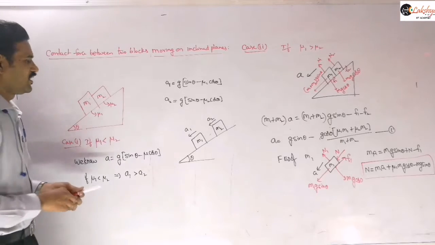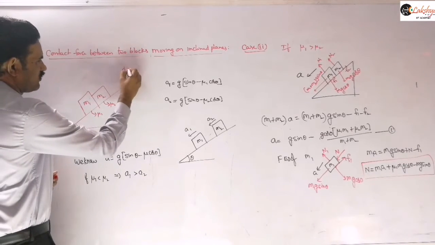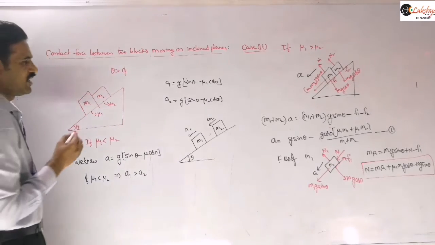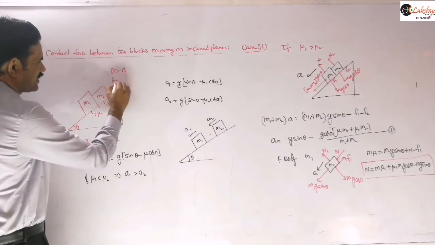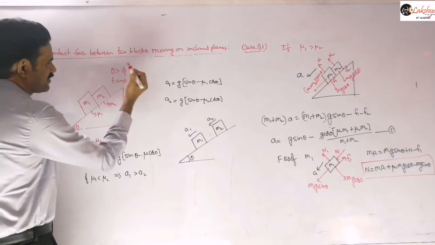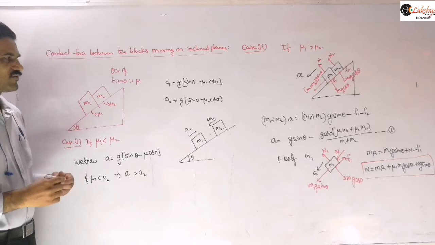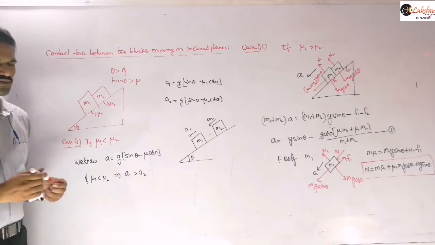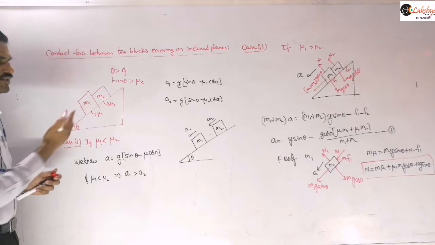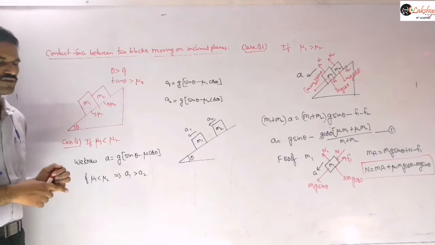You know that blocks will slide down only when this angle of inclination is greater than this angle of repose, right? So you can simply take this as tan theta is greater than tan mu, and we know that tan mu is nothing but the coefficient of static friction you can consider there, right? Whatever the given angle is, you need to verify whether it is more than that mu s or mu.